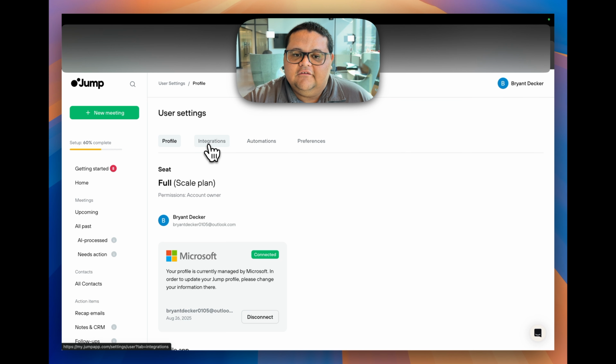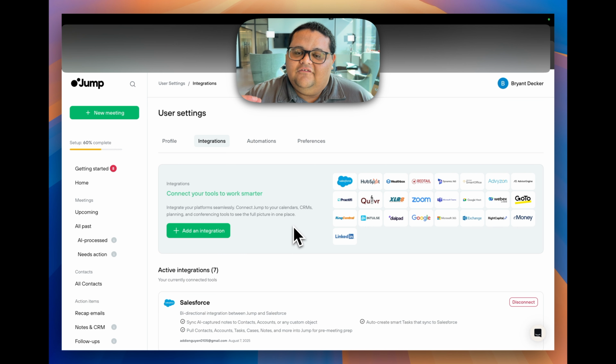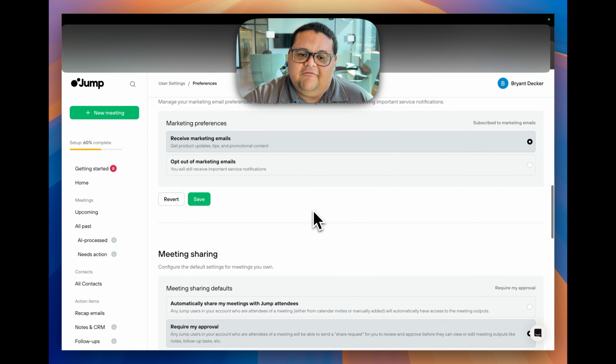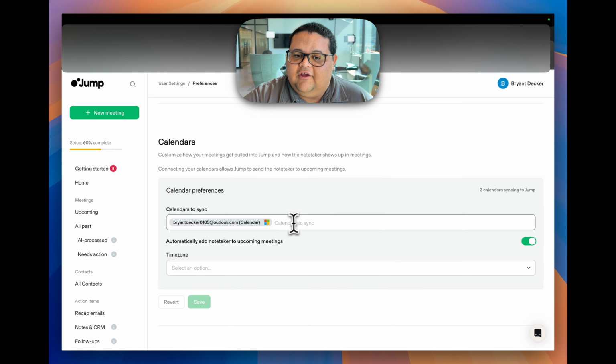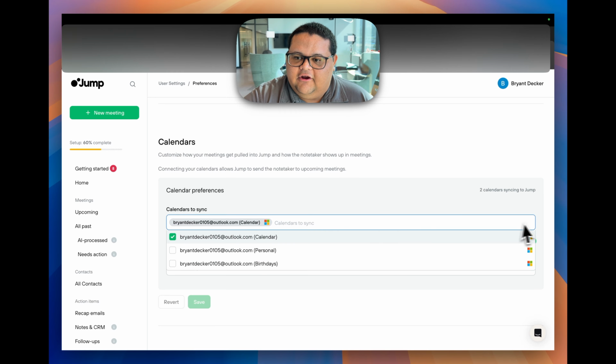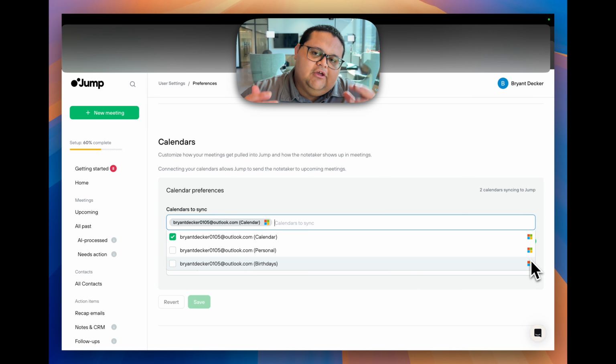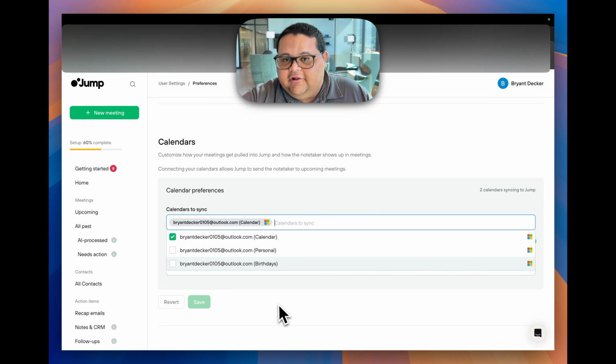your user settings, going to your integrations, setting up an integration with Microsoft Exchange, and then going to your Preferences tab and selecting Microsoft Exchange as one of the calendars here. It'll show up just like you can see the Microsoft 365 symbol. It'll show a Microsoft Exchange symbol. You can select the calendar, then you'd click Save, then check your upcoming tab to make sure your meetings are